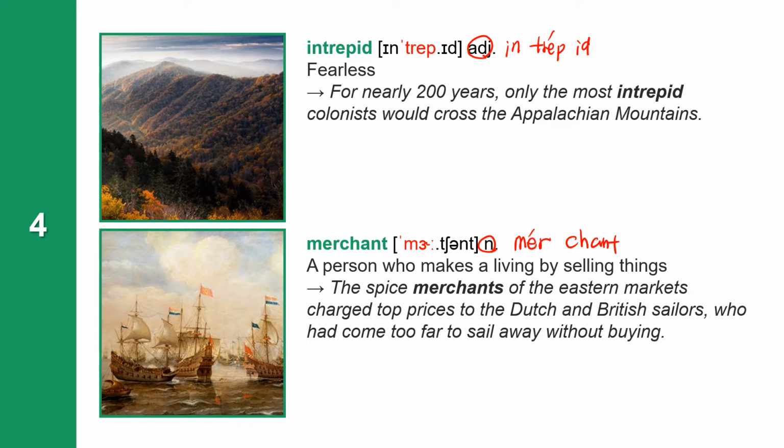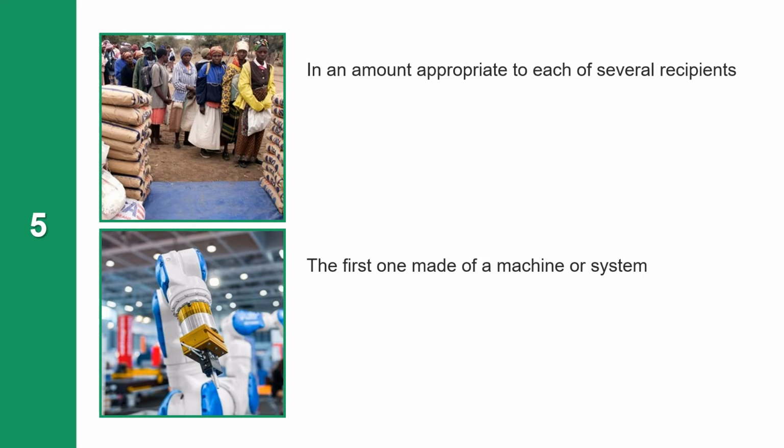The spice merchants of the eastern markets changed the top prices to the Dutch and British sailors, who had come too far to sail away without buying. Merchant. The next one: in an amount appropriate to each of several recipients. In an amount appropriate to each of several recipients is